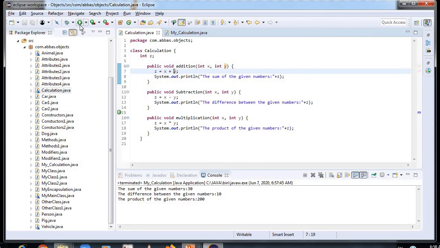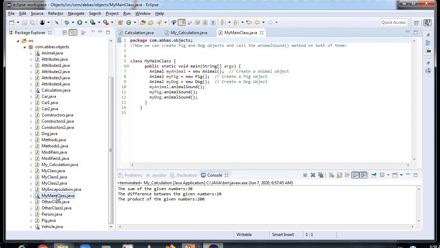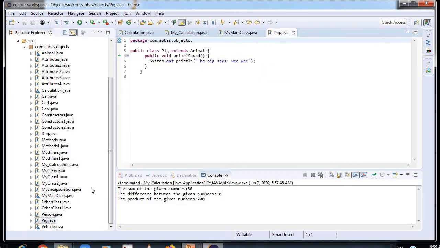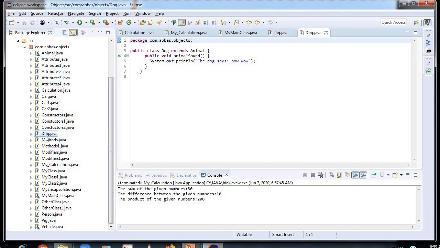And here we will see all the outputs. First I have to open my main class, then pig, then dog, and then animal.